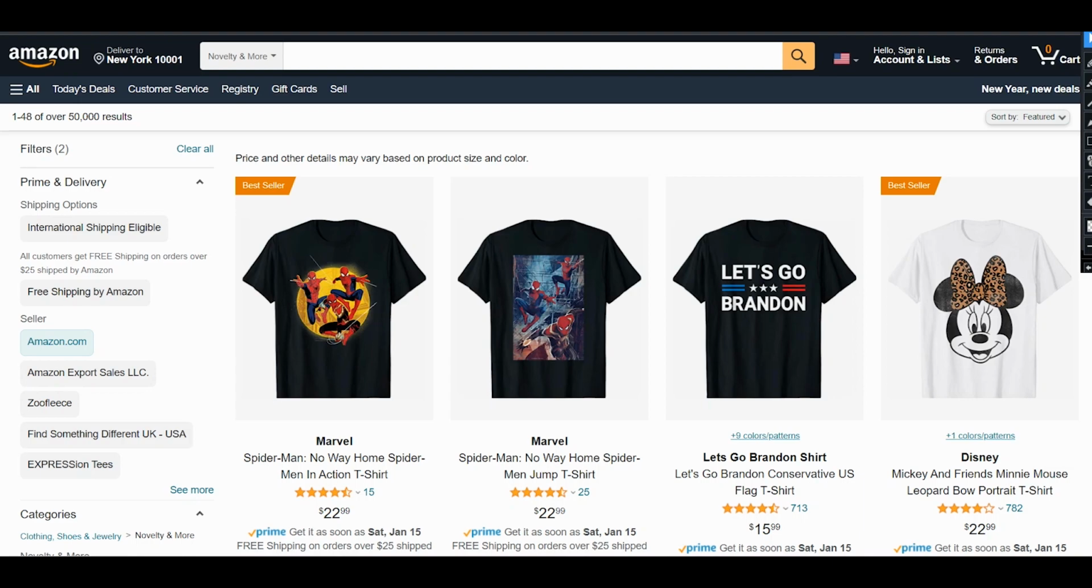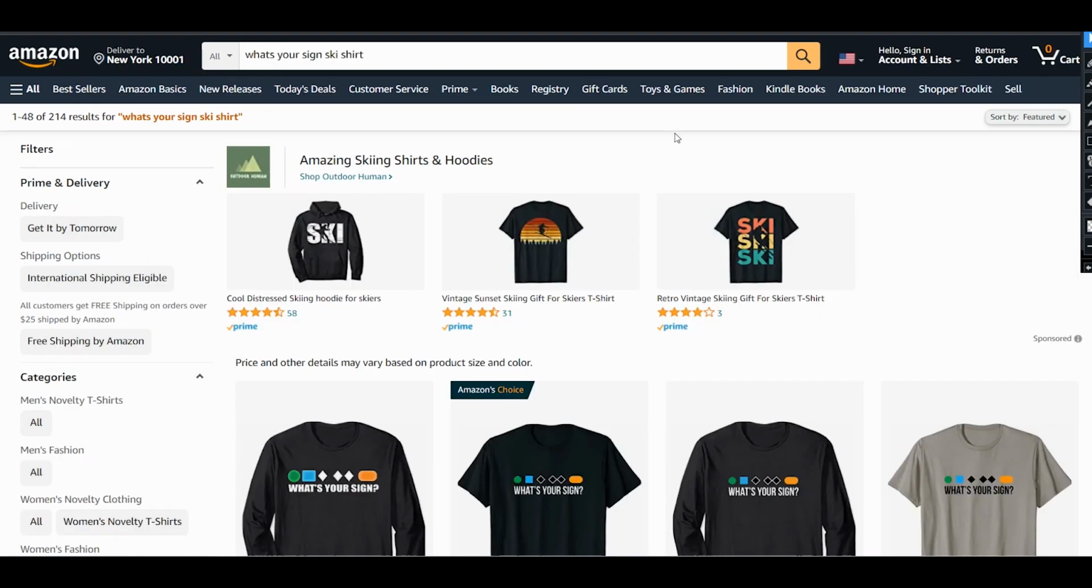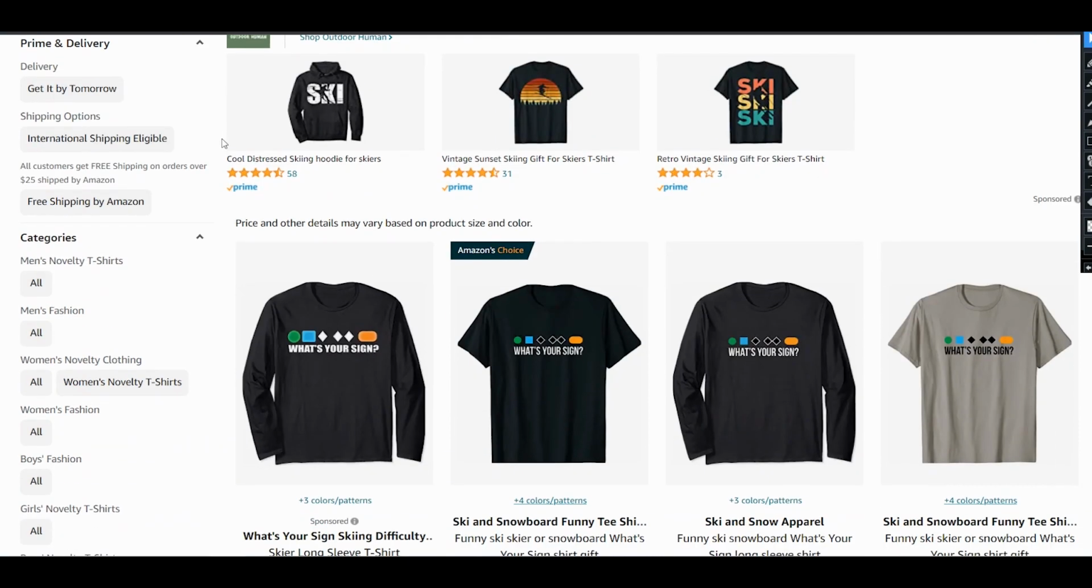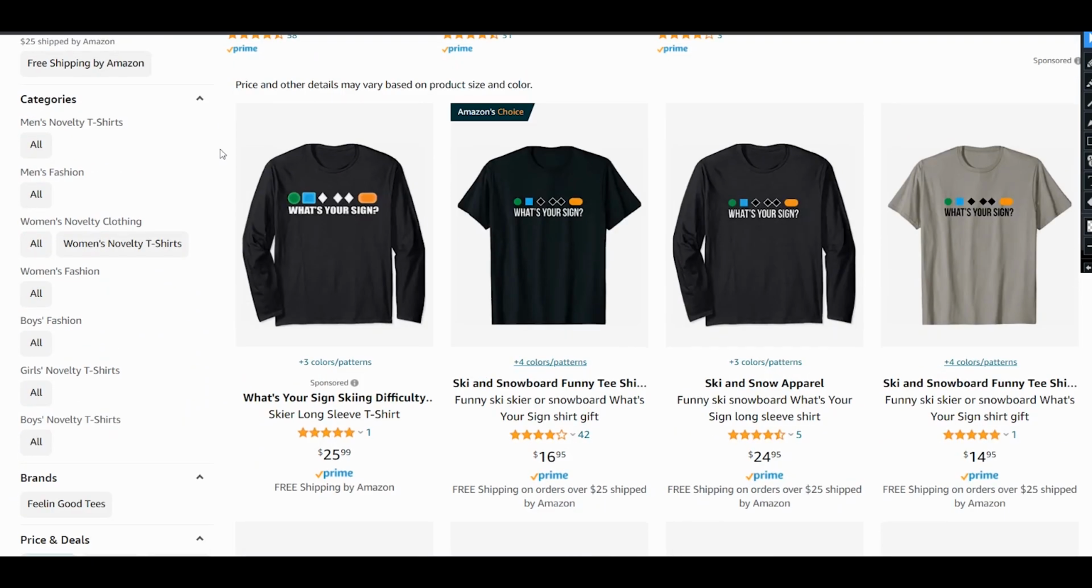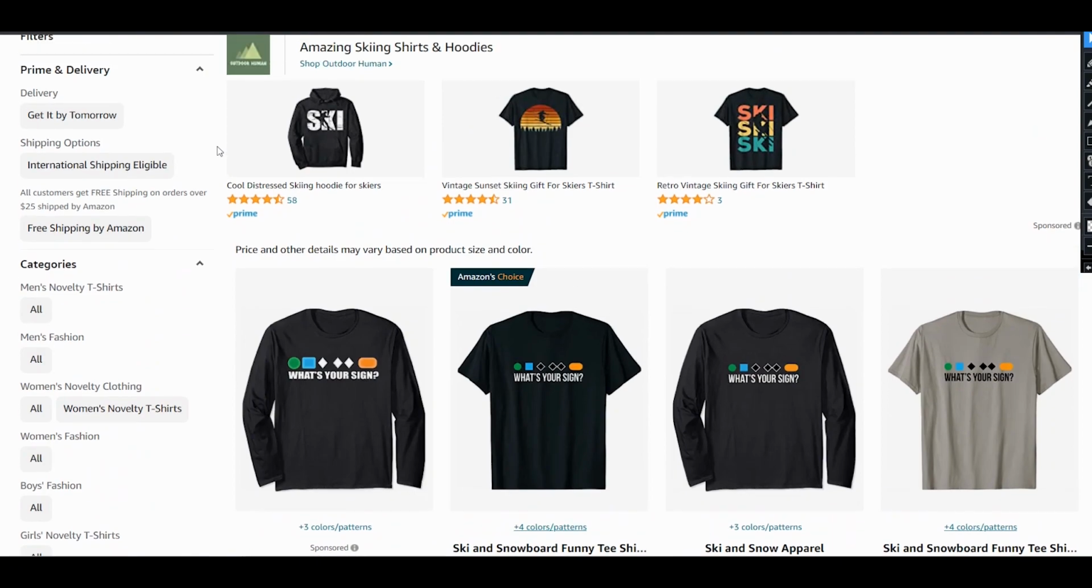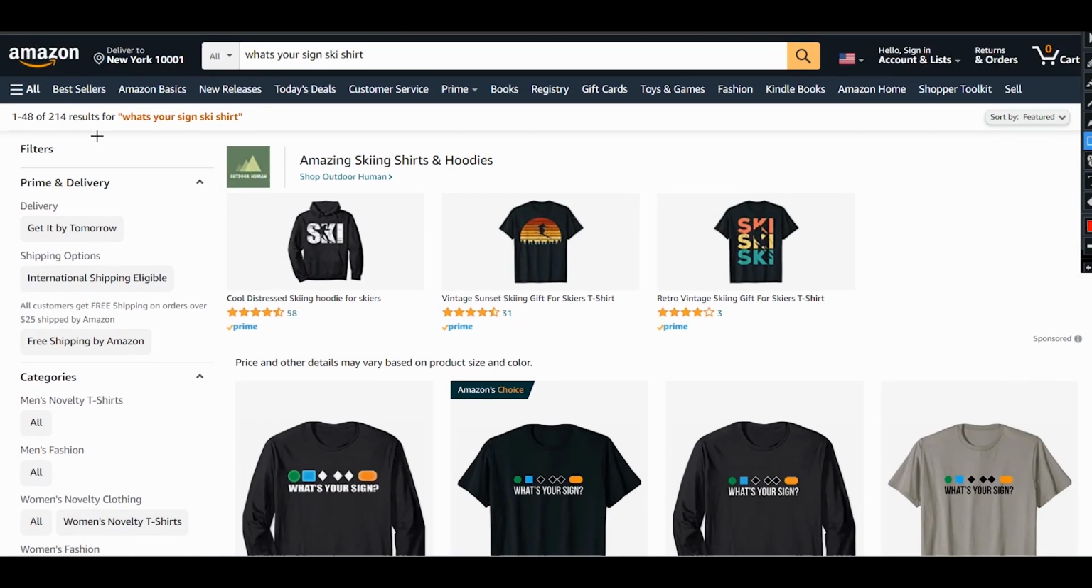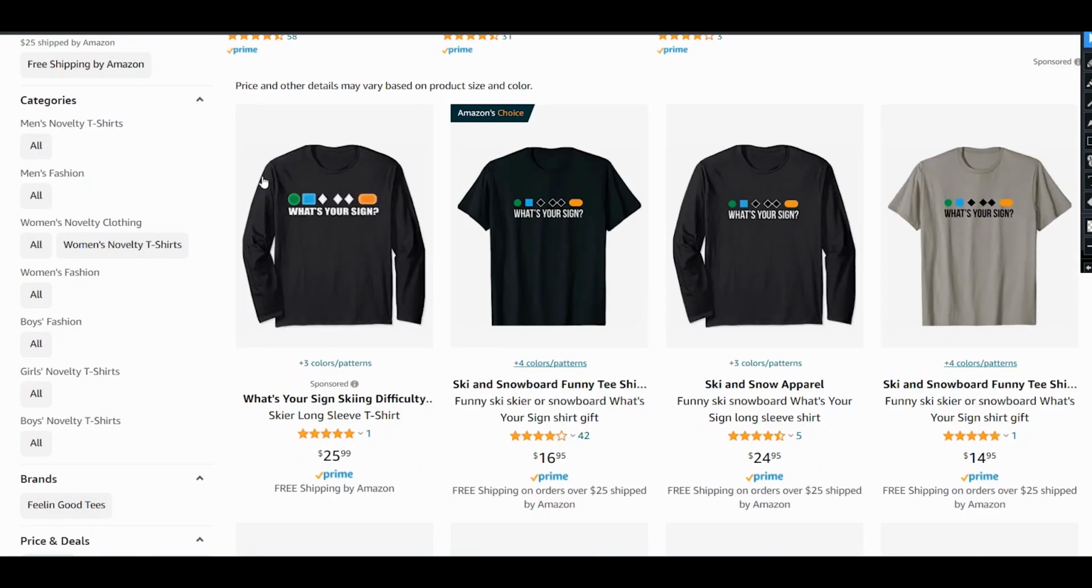Okay, let's go to the first idea for today, and the search phrase is "what's your sign ski shirt". It is a seasonal design, a winter design, because it is connected with ski or snowboards, and here you can find very similar designs, not very high competition right now, only 200 plus different results are available for this search now, but you can add a lot to this design idea, because you need to illustrate these different signs, and it is about